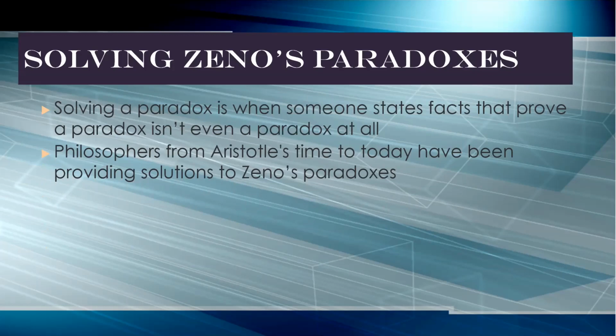However, these solutions get very complex because you can see that Zeno uses our common sense against us. He uses very simple situations, men in races and arrows firing, and he uses small distances like halfway points. All of the math and the concepts in these paradoxes are very simple,